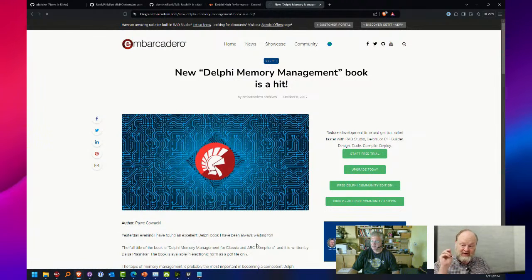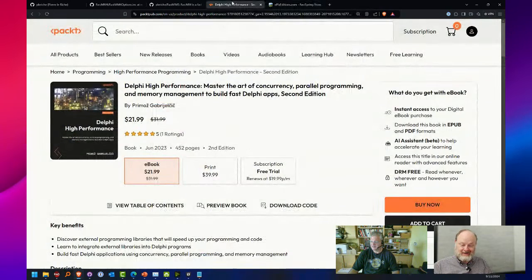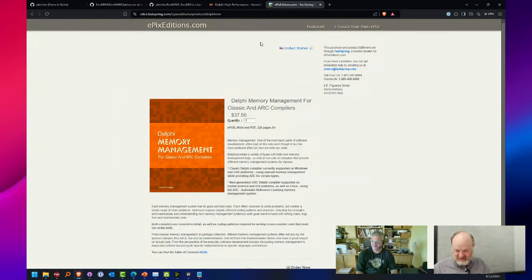Everybody I've talked to, occasionally someone says they're having this weird problem, and usually I point them to one of these books, and every time they read it, they say, how have I gone this long without knowing these things? It blows people away. Just some of the fundamental stuff that we completely miss. So yeah, there's this one, and then Delphi memory management.